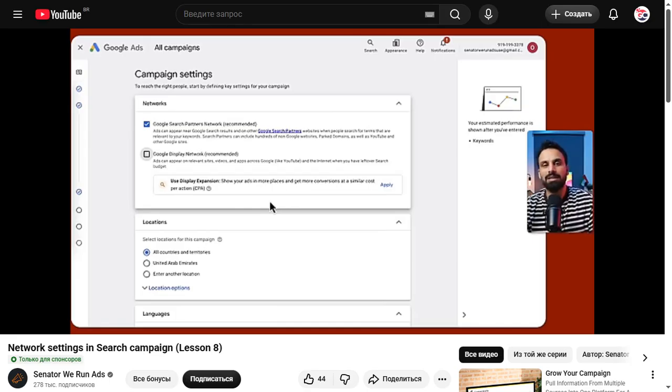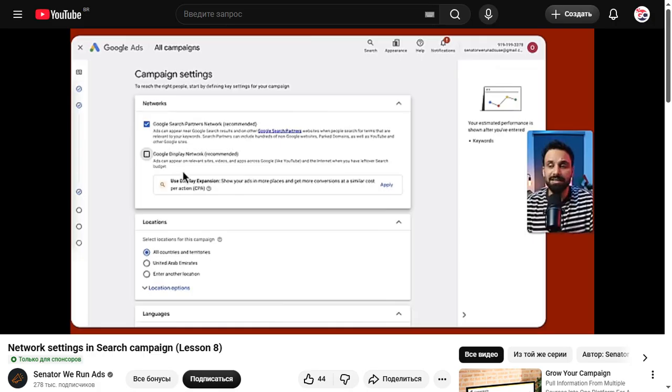But the problem here is that Google search campaigns are intent-based. We create these campaigns so that when somebody is searching for something, we show them these ads. But in these cases, it can appear on bbc.com. Nobody searched for your keyword, but Google can think, okay, I'll transform it into a banner and show it to a user. So it defies the purpose of a search campaign, and it dilutes the results and your understanding of which placement is working. So it's always better to uncheck this